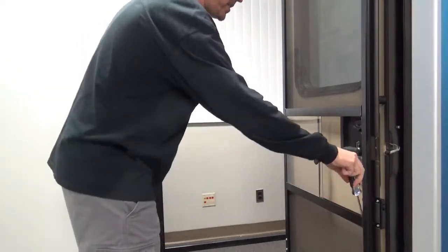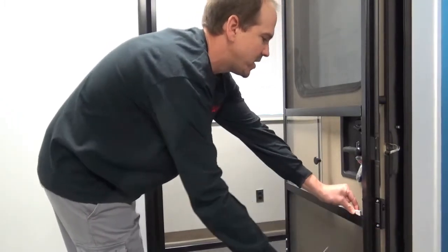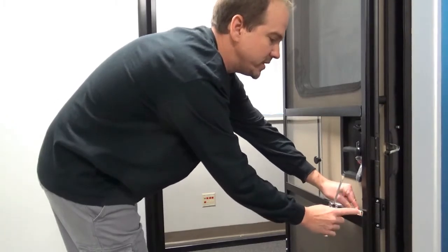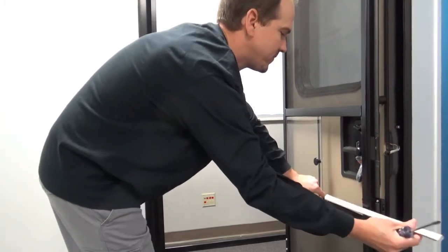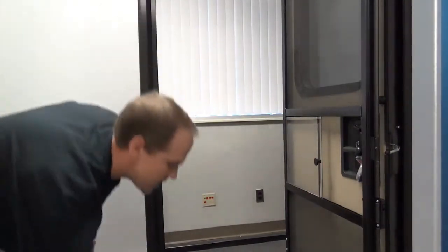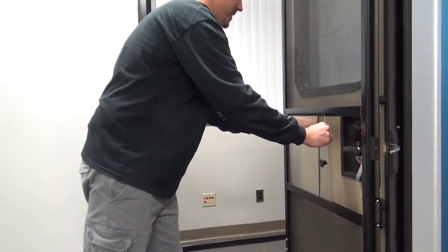After that, take out the small slider channel that's on the bottom of the crossbar, and keep an eye on how it's positioned. You'll need to know this for reinstallation. Go ahead and pull this right out of the track. Then simply lift out the slider,